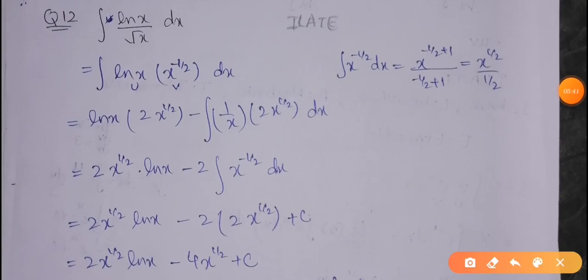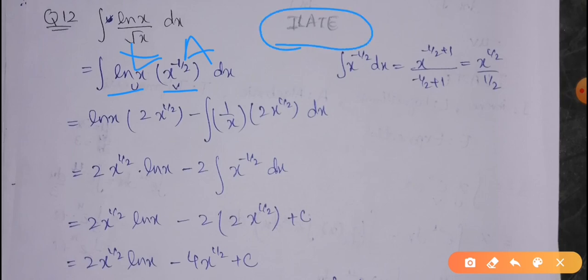Next we have question number 12, integral of ln of x over square root of x dx. Now you can see that we have a fraction of two functions, the quotient of two functions, but this is going to be solved with the help of integration by parts too. So we are just going to rearrange it in the form ln of x into x raised to the power minus 1/2. Now I have an algebraic function and a logarithmic function, and you can see that logarithmic